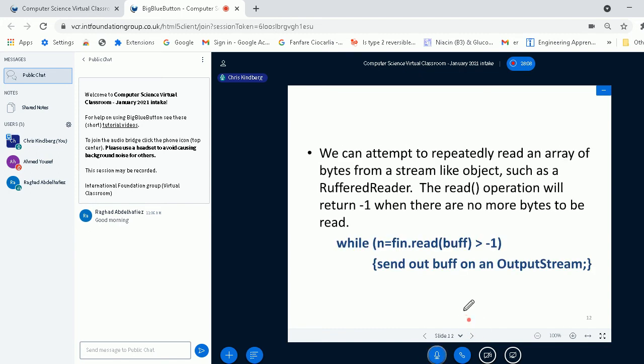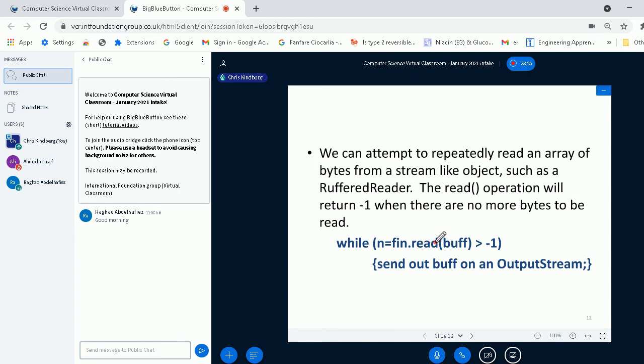I'm going to show you in a moment this example. Okay, we can attempt to repeatedly read an array of bytes from a stream-like object, such as a buffered reader. And the read operation will return a -1 when there are no more bytes to be read. So here I've got the same operation.